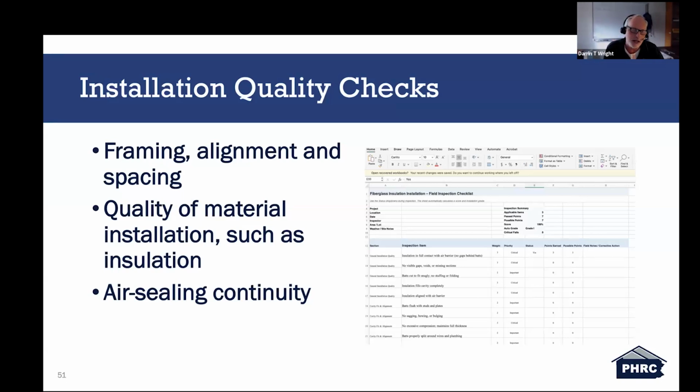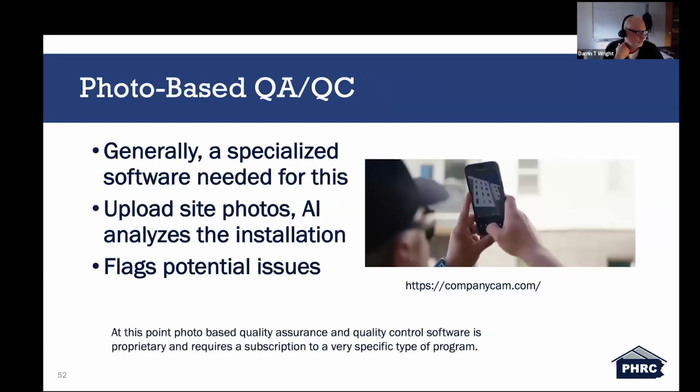Especially this is good if you have new employees who have never done an inspection before and they don't understand what an insulation inspection might entail. This can create that document for them. It can even create an Excel spreadsheet that they can take to the job site and work down through that document and ensure that everything is correct and prepared for the inspection.